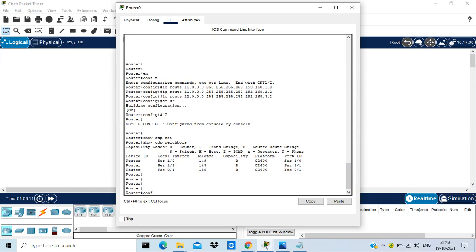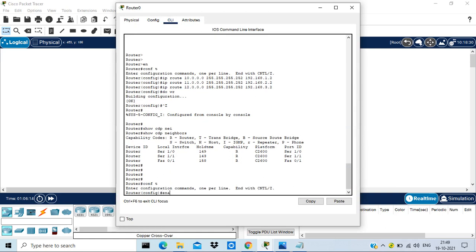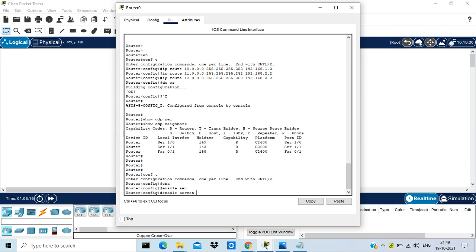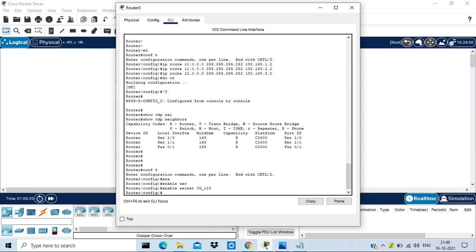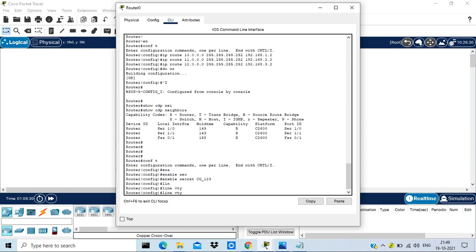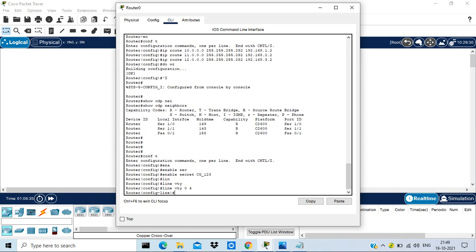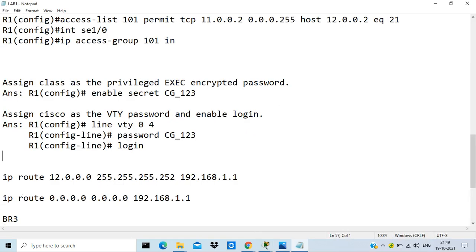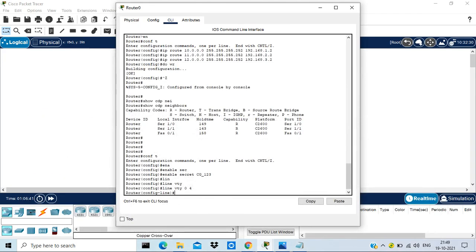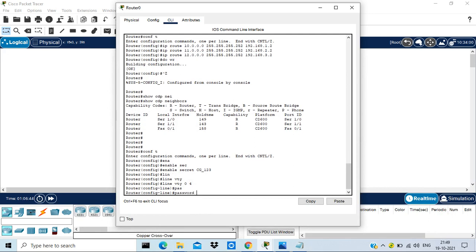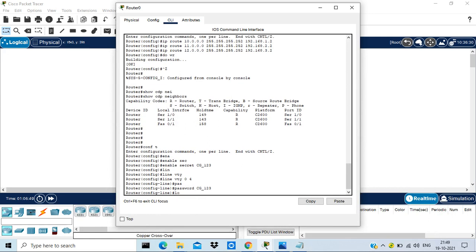Going into conf t and enable secret, and then shift CG underscore 123, and another was line VTY 0 and then 4, and then the password was password CG underscore 123 and login.